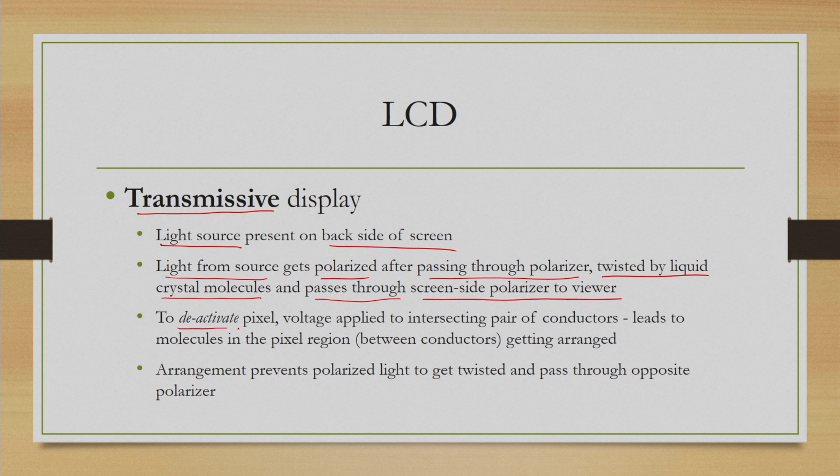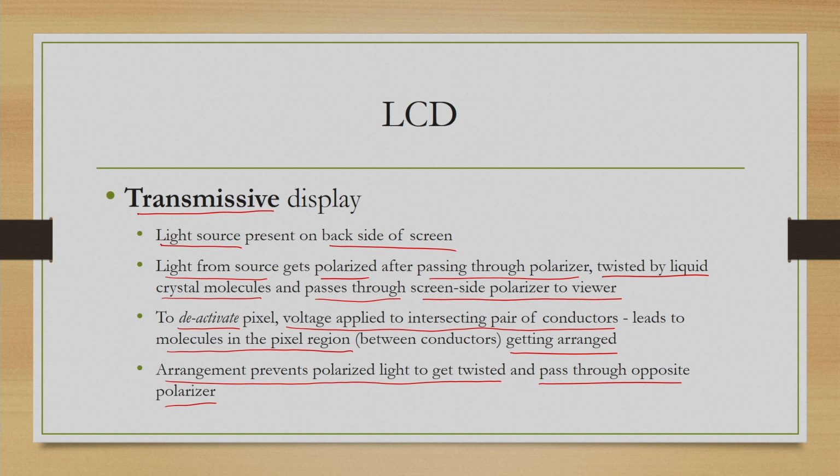Here, to deactivate a pixel, voltage applied to intersecting pairs of conductors, which leads to molecules in the pixel region getting rearranged. Now, this arrangement prevents polarized light to get twisted and pass through the opposite polarizer, effectively blocking the light.